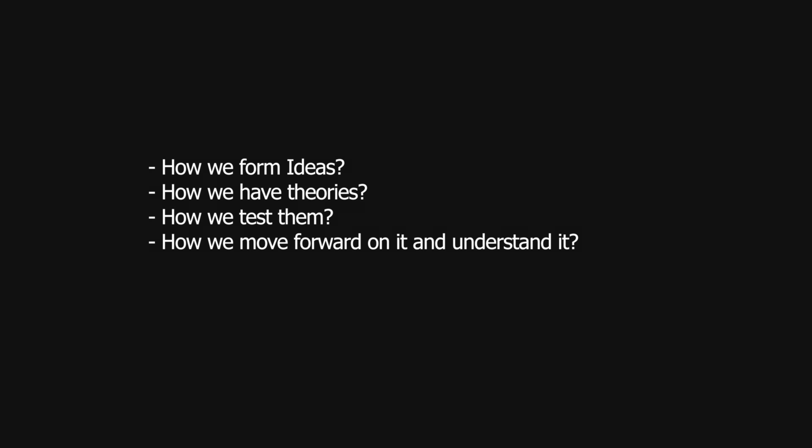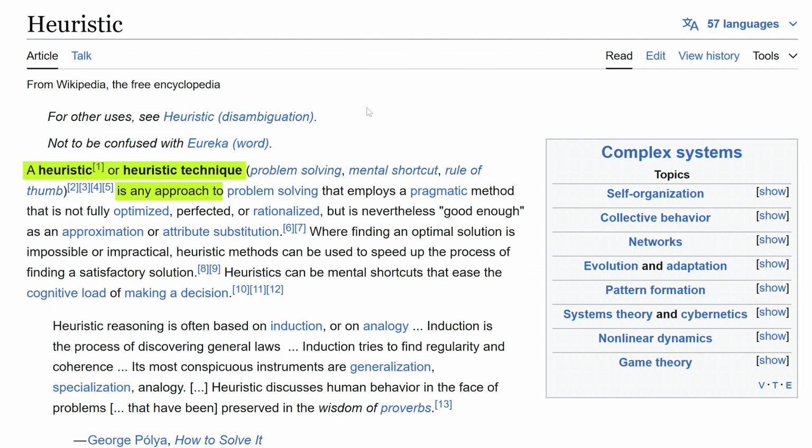The Wikipedia entry on heuristic defines it as follows. A heuristic or heuristic technique is any approach to problem solving that employs a pragmatic method that is not fully optimized, perfected, or rationalized, but is nevertheless good enough as an approximation or attribute substitution. Where finding an optimal solution is impossible or impractical, heuristic methods can be used to speed up the process of